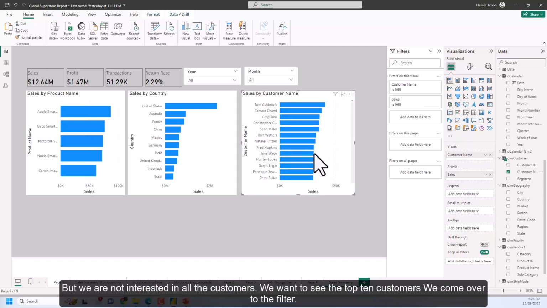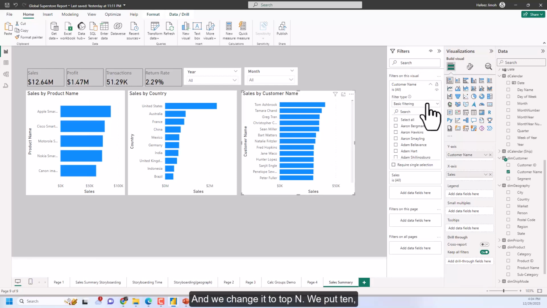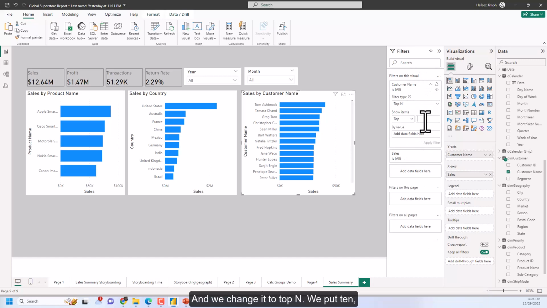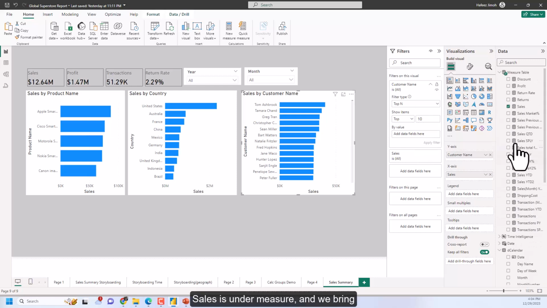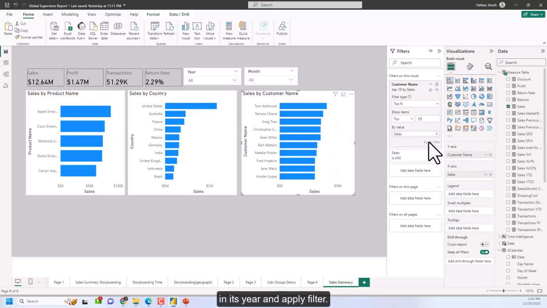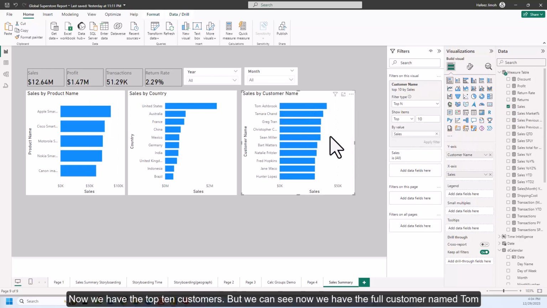But we are not interested in all the customers. We want to see the top 10 customers. We come over to the filter and we change it to top N. We put 10 and we have by value sales. Where is my sales? Sales is under measure and we bring it in here and apply filter. Now we have the top 10 customers, but we can see now we have the full customer name, Tom Ashbrook,